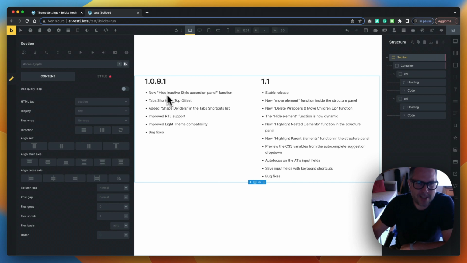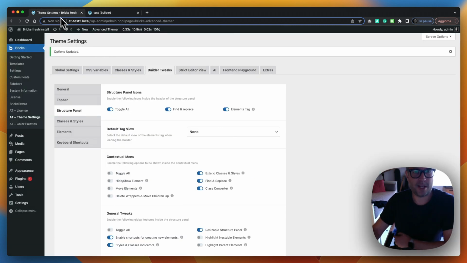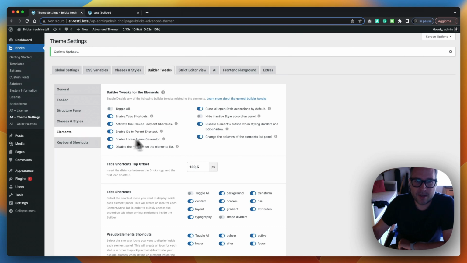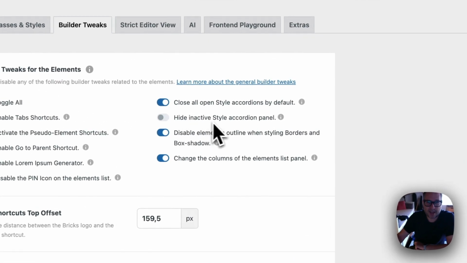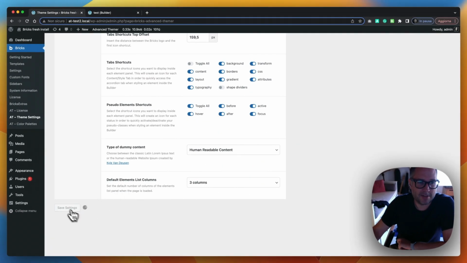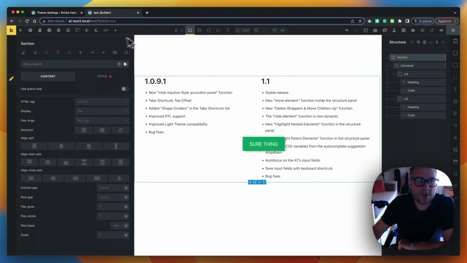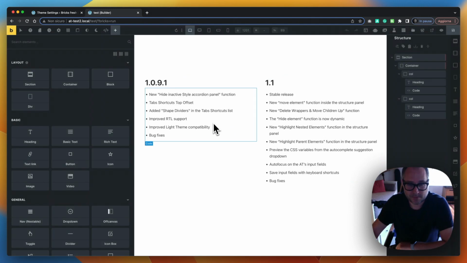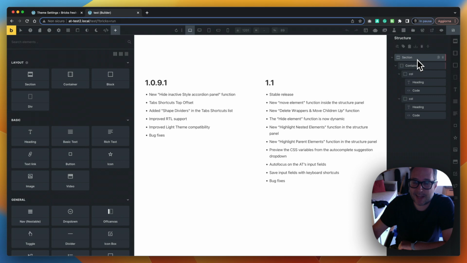So the first one is the new hide inactive style accordion panel function. If we go in our theme settings and we go in, sorry, not in class and styles, in elements, we see a new option, hide inactive style accordion panel. If you enable it and save the settings, let's just reload the builder and see what it does. So basically, if you select any element,